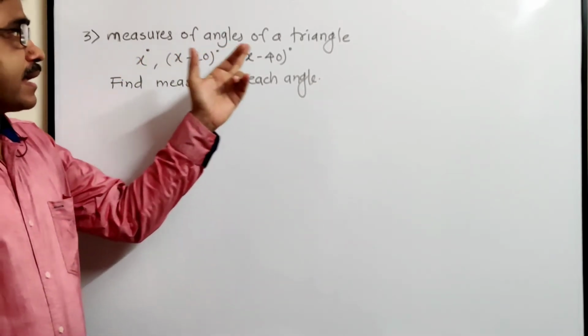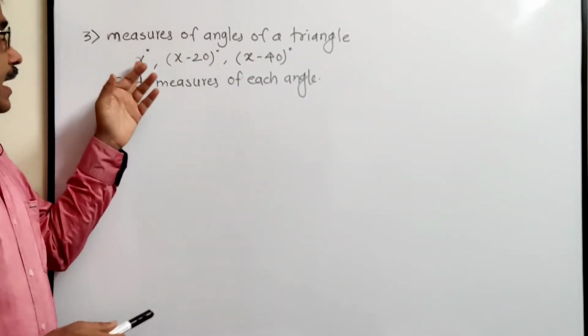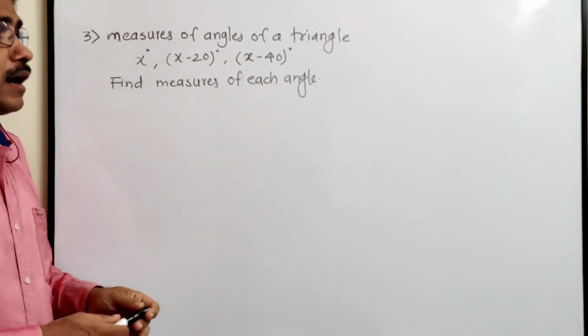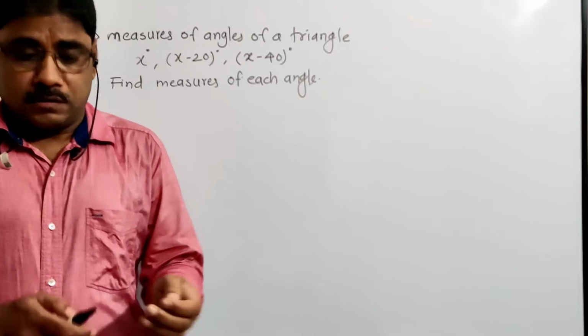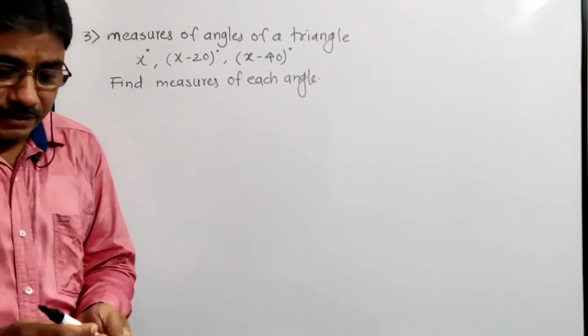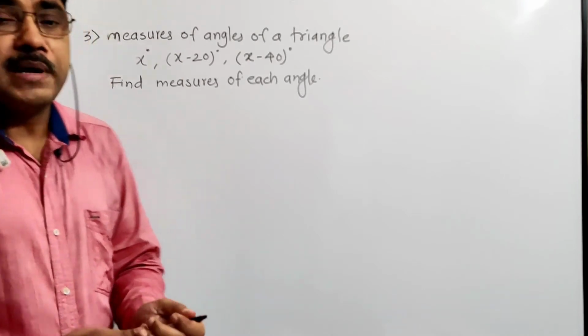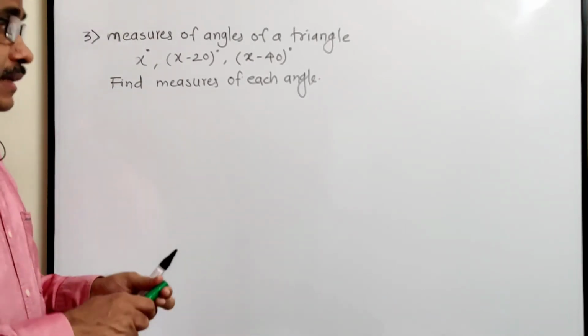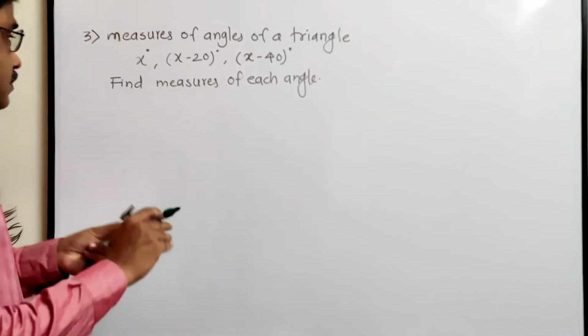Measures of angles of a triangle are given: x degree, x minus 20 degree, x minus 40 degree, and we have to find the measure of each angle of the triangle. You know, the sum of measures of all angles of a triangle is 180 degrees. So we can use this property. So here